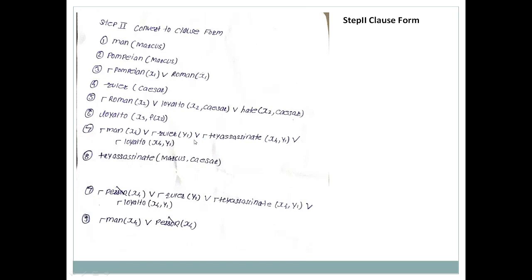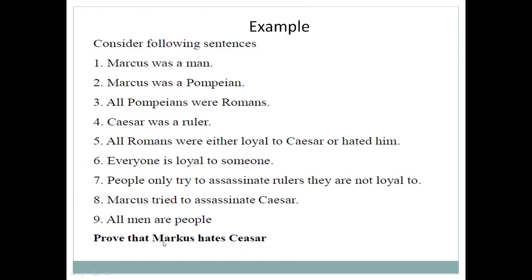So let me summarize what we have seen. Our problem statement is to prove Marcus hates Caesar. This problem is solved in three steps. Step 1, conversion of all the statements to predicate logic. After that, step 2 is conversion of this predicate logic to the clause form. Here we understand a few rules: suppose we have a universal quantifier or existential quantifier, we need to remove it. Suppose we find an implication sign, it has to be replaced by the formula A implies B is represented by negation of A or B, then standardization of variables. So I think you need to remember these three rules while converting predicate logic to the clause form. That is step 2.